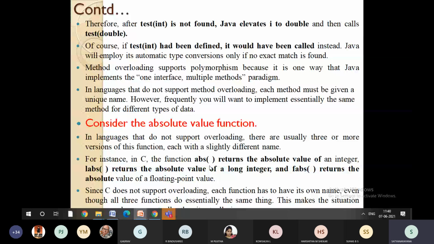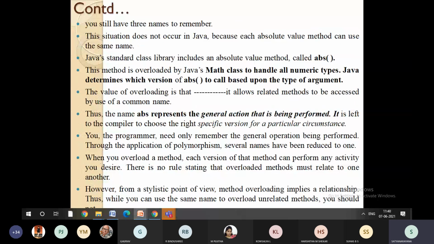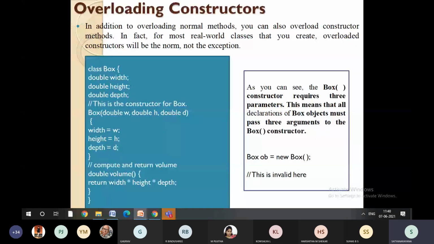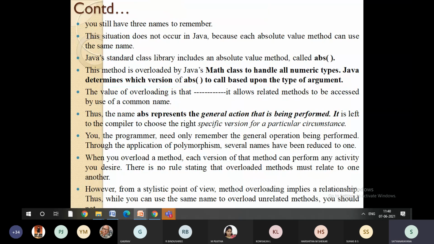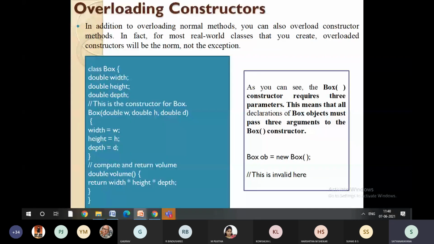Now what is going to happen? We understand that all these three functions belong to the same kind of category, which we can use for further purposes, right? So I'm not going to go much into it. You can see, we can come back and see here. See this theory and all just for your reference to prepare for your exams, as I said last time. I am discussing whichever is required.